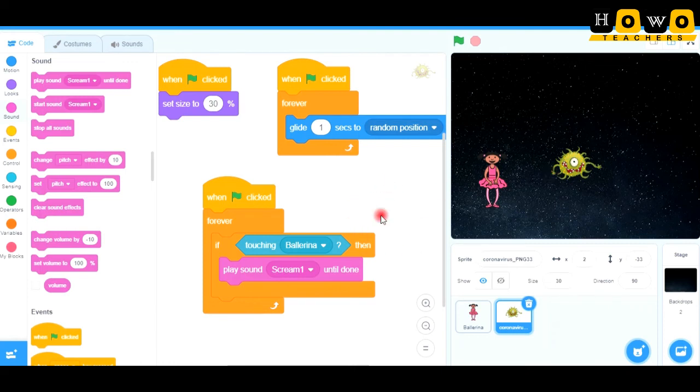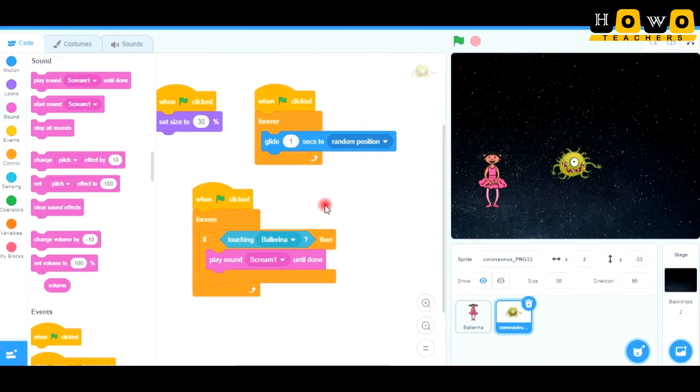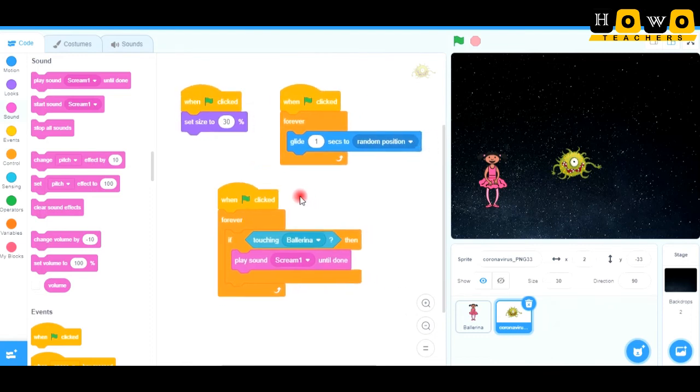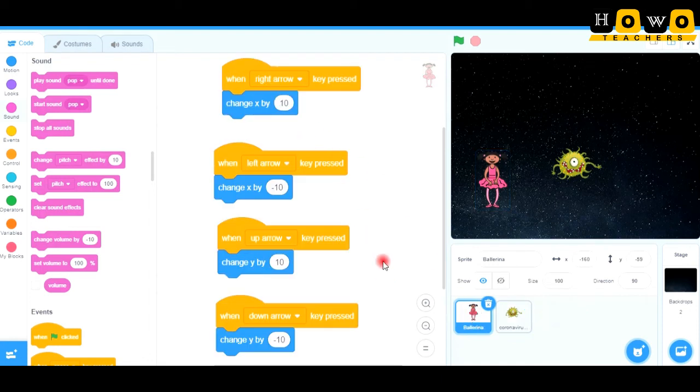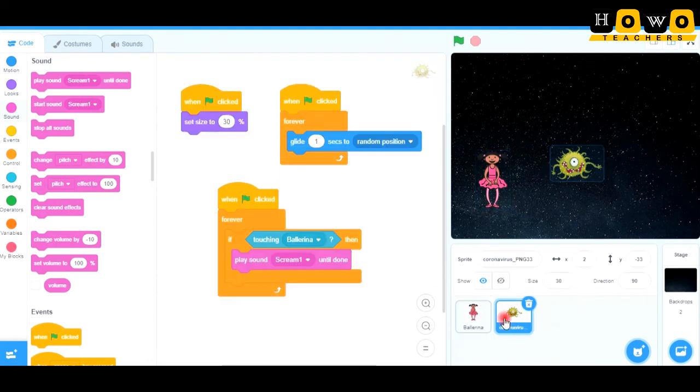So see, this is how we made the first part of the code here. For the ballerina we coded, and for the coronavirus also we coded. I hope this was very interesting for you, and you will surely try it all, and you can change whatever you want to change here.